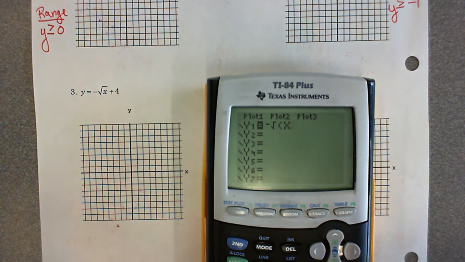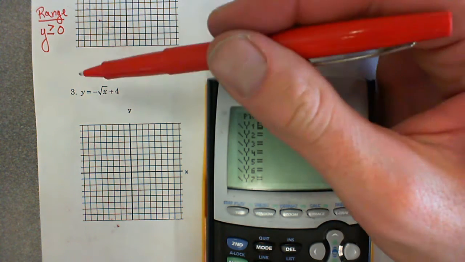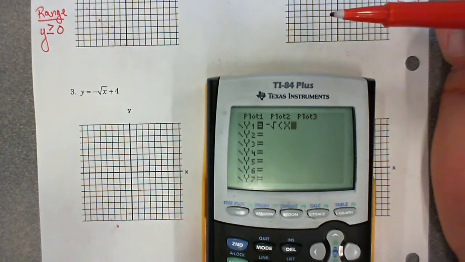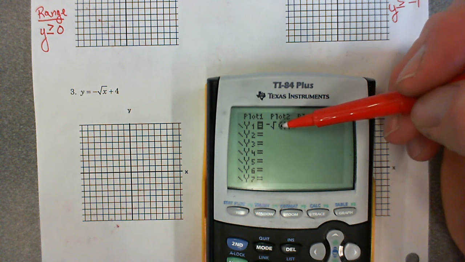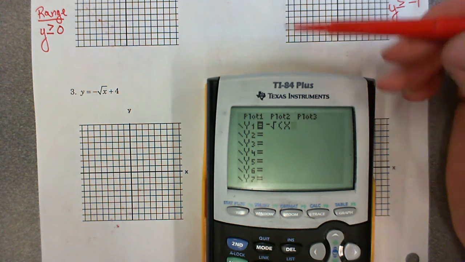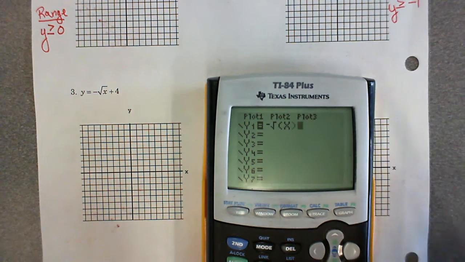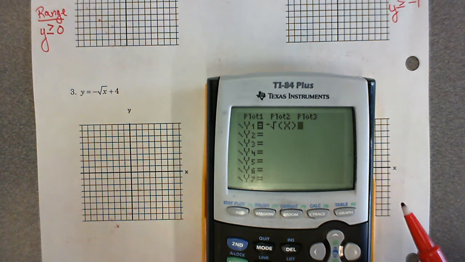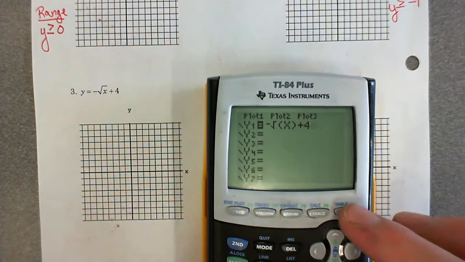root of x. Now, the square root, notice that the x is the only value underneath the square root. Well, on your calculator, your square root starts at a parenthesis and stops at a parenthesis. So since this plus 4 is not underneath the parentheses, we need to close the parentheses on our calculator. So then if we add 4, excuse me, we've got our equation. Now if we hit graph,